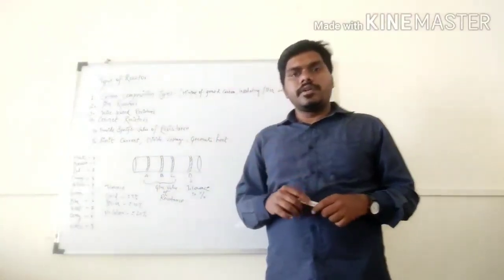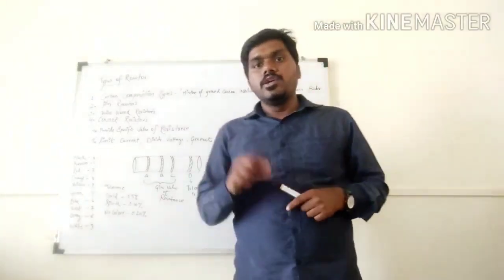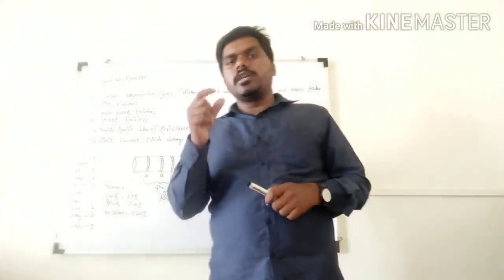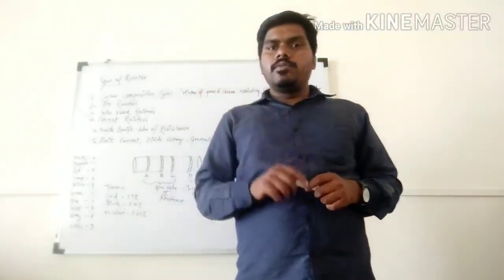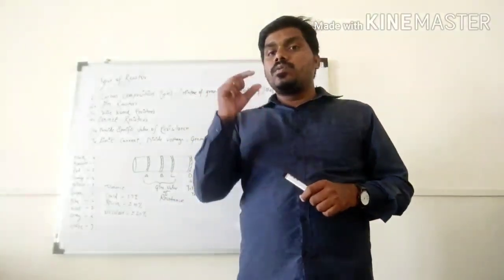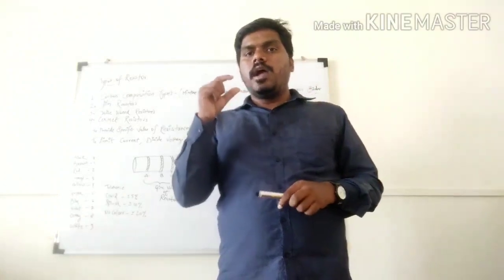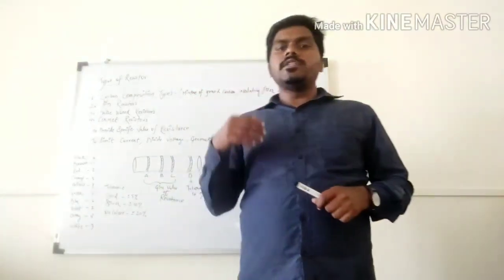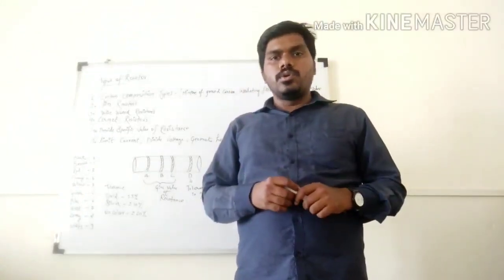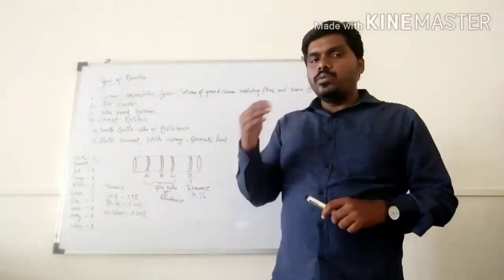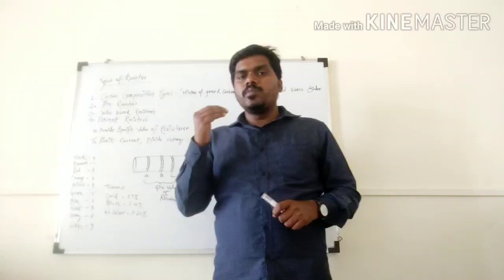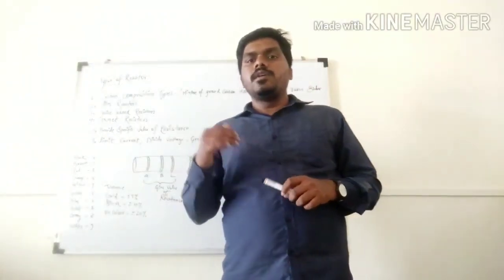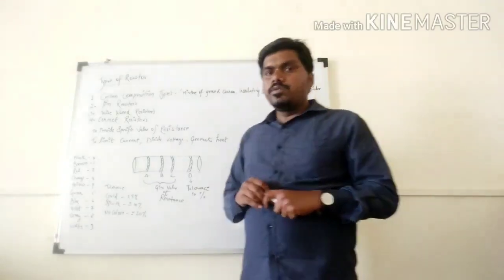seen small resistors in a circuit board, right? And you must have noticed that there are different colors on that particular resistor. So what do the colors on that small resistor denote? They denote its resistance value. So how do we calculate how much resistance value it has? We will learn this in today's video.